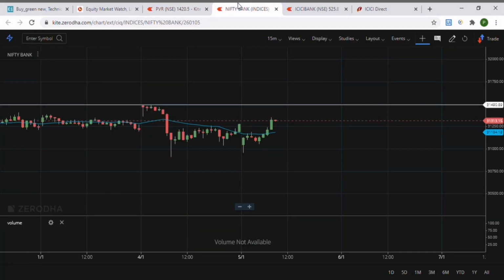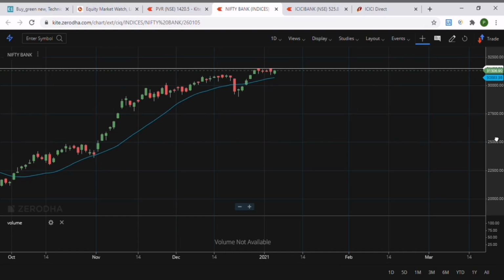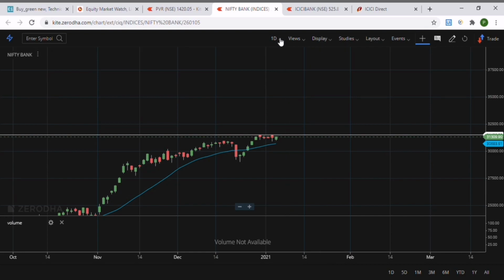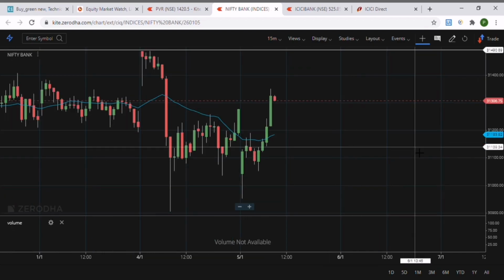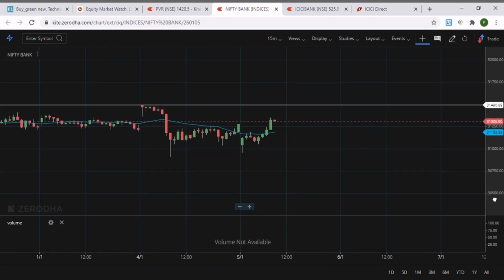And also I'm focusing on Bank Nifty. As you can see, there is a resistance level. It is trading somewhat near that resistance level, and for the last few days it has been continuously trading just around that particular resistance level. So I'm hoping today Bank Nifty will break that level. Let's just see how it goes. And also from the chart you can see Bank Nifty is looking very strong today.